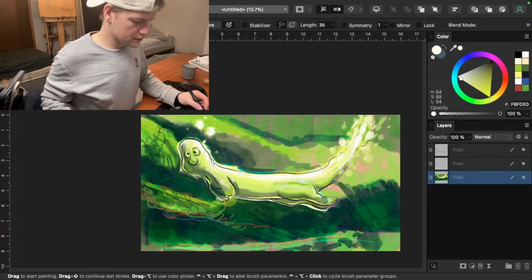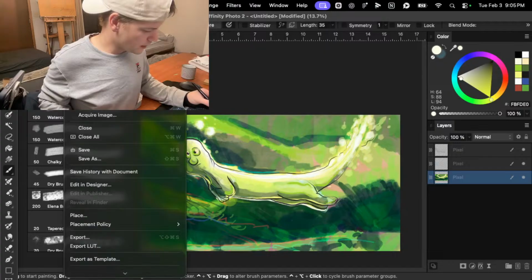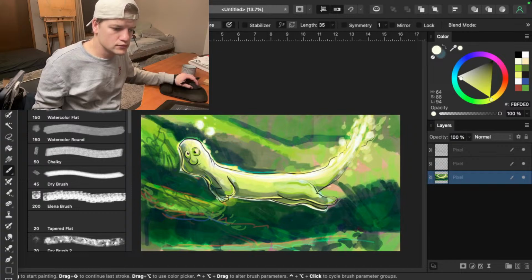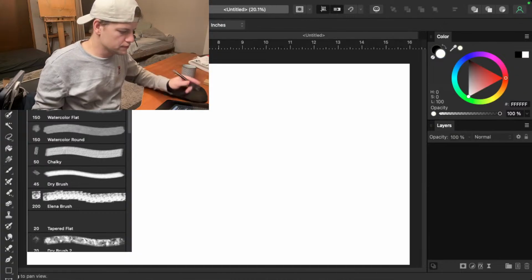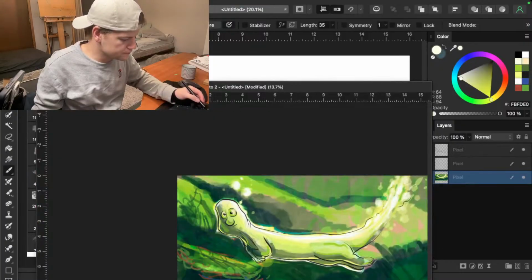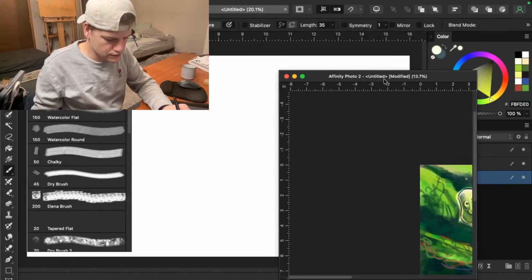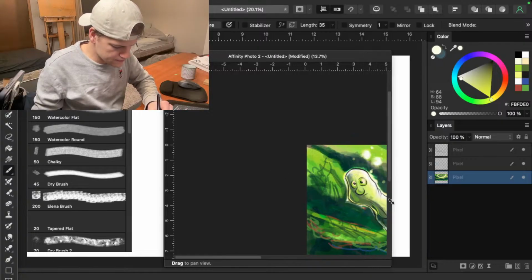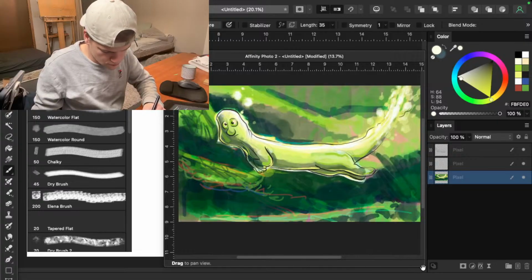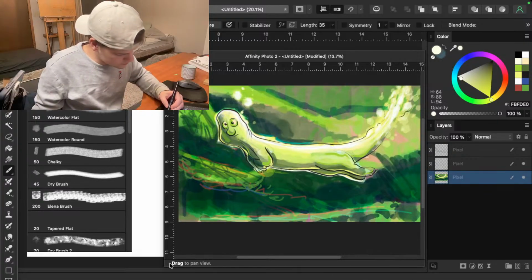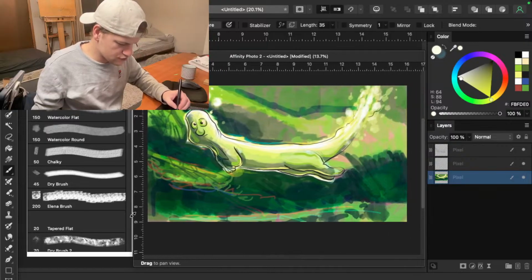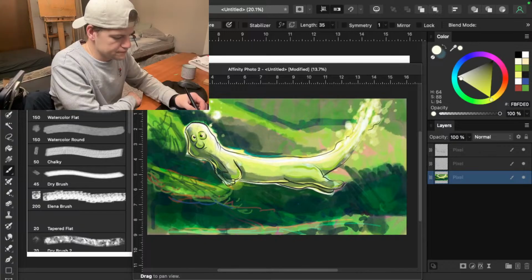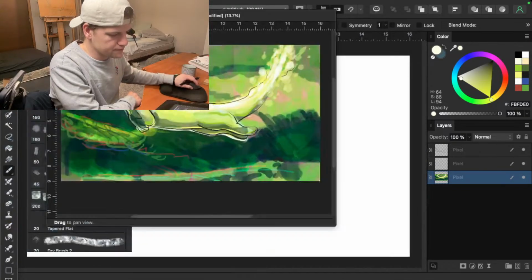Okay, let's try this again. File. New. There we go. Pull this in here. I'm out of room on my little Cintiq. I can't make this any smaller. That's dumb. Okay. Well, we'll just move this and